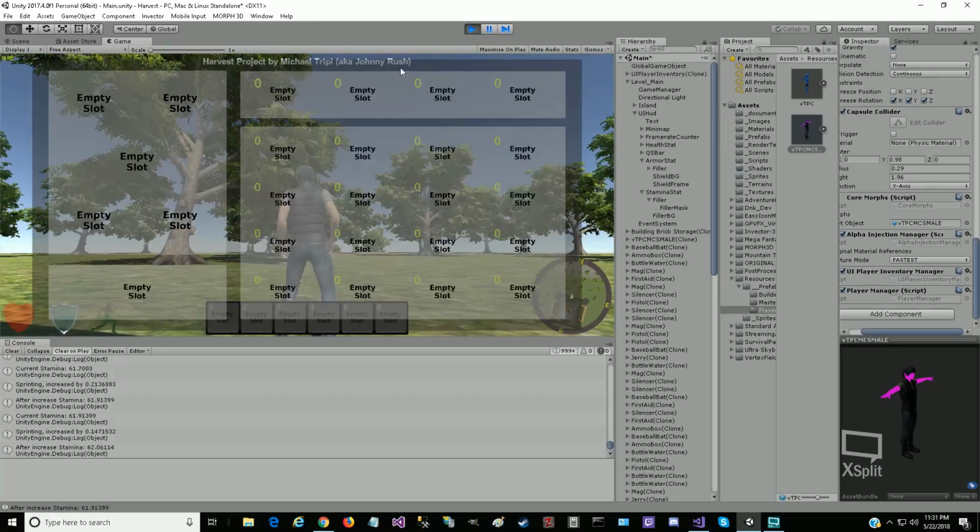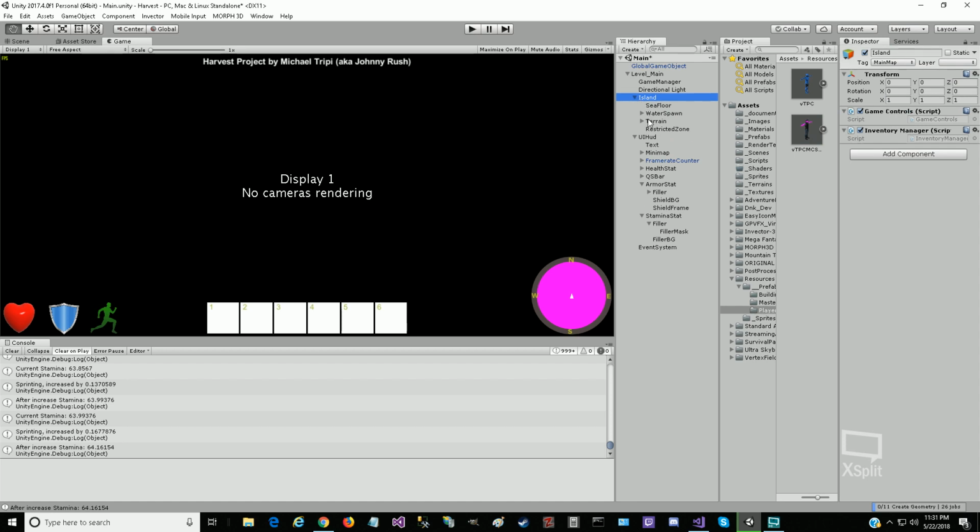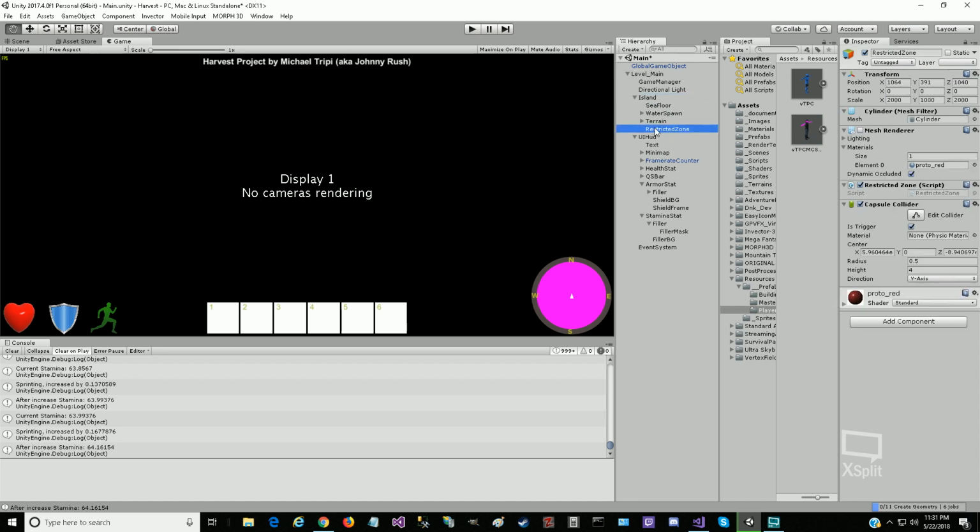So we quit that real quick here, and I can show you on the island. I created this game object called restricted